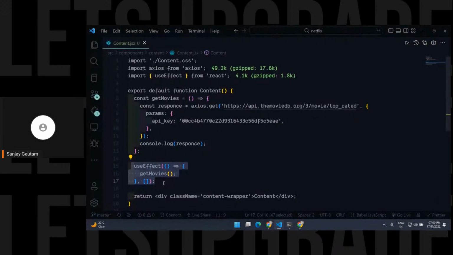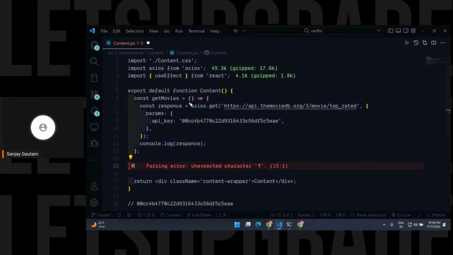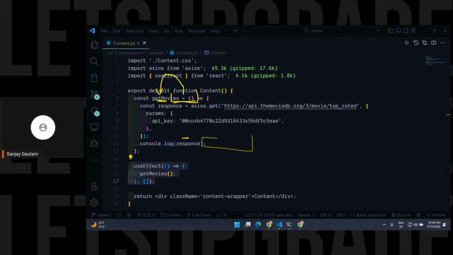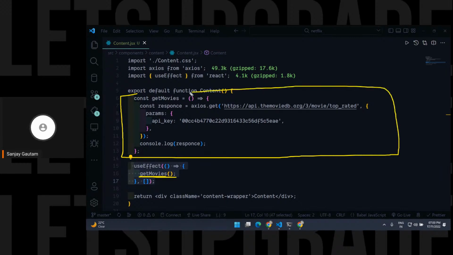As soon as my component loads, this content component loads on the screen, I want to execute this function useEffect, and inside this I am writing this function getMovies. So as soon as our component loads, this function is going to get executed. Inside this function I have written